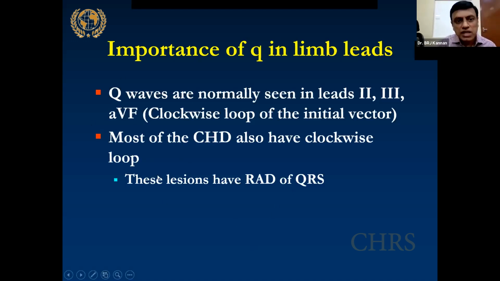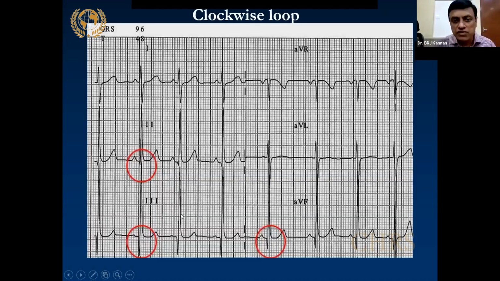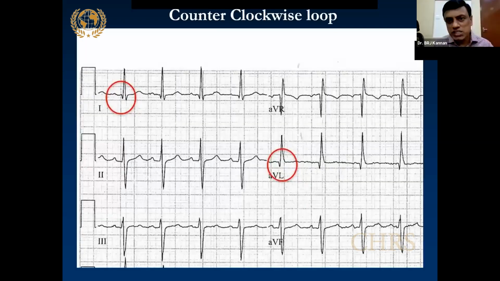See the ECG. Now I've just magnified the first normal ECG. See the small Q in lead 2, lead 3, AVF. This is normal. Unlike in adults, in children, they have small Q in 2, 3, AVF. We call this the clockwise loop. Now, what about this one? In 2, 3, AVF, you don't see Q wave, but in 1 and AVL, there are Q waves. So this is called the counterclockwise loop of the initial QRS. Just remember, don't go into the further mechanism. If you have Q waves in 2, 3, AVF, that is normal in a newborn. It is because of the clockwise loop of the initial QRS. If you have lead 1 and AVL showing Q waves, it is counterclockwise loop.